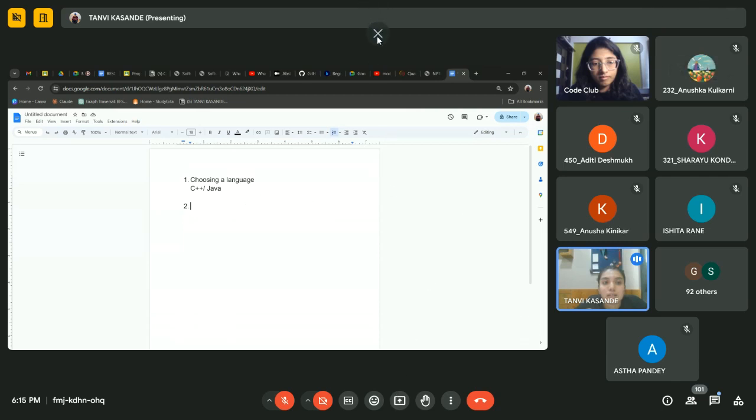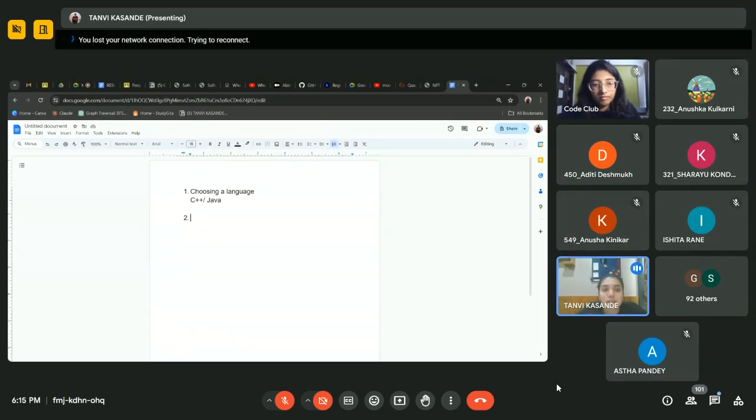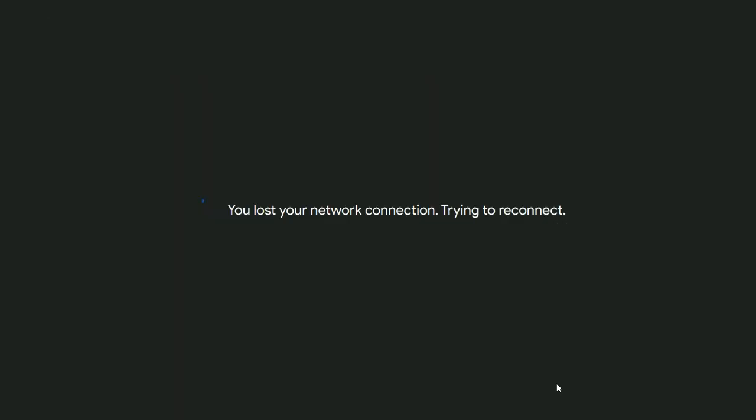And if you do crack the coding rounds and you have technical interviews, the interviewers might ask you to write down the code on a piece of paper or maybe on an online editor. In that case also, if you code in Python and they ask you to explain the working of the data structure, it might be a difficult task, which is why I'm recommending C++ and Java here.